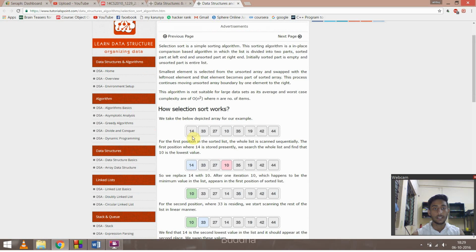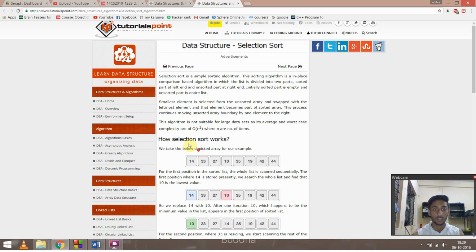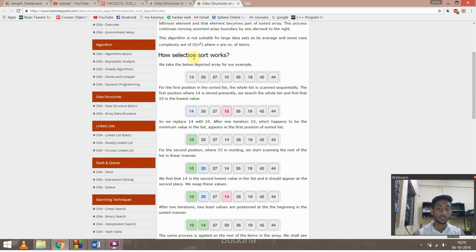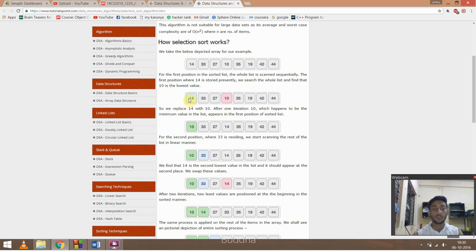Now, first of all, I'll try to explain the concept of selection sort with the help of this illustration over here. This is an unsorted array which we have been given, and what the selection sort algorithm does is it basically starts with the first element, that is the 0th element, and compares it with all the elements in the remaining array to find the smallest one. So as you can see, it starts with 14, 33, 27, 10, 35, 19, 42 and 44. It first of all starts with 14 and checks whether an element is smaller than 14 or not. Yes, it found that 10 is smaller than 14, so it swaps 14 with 10